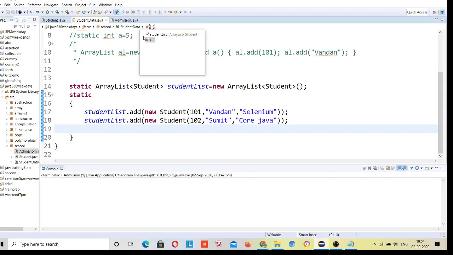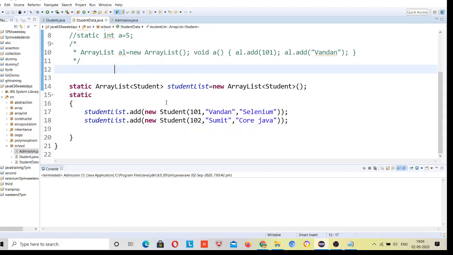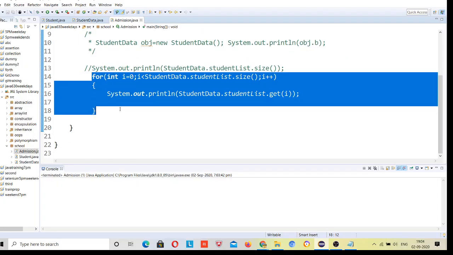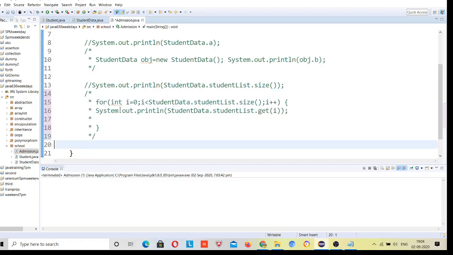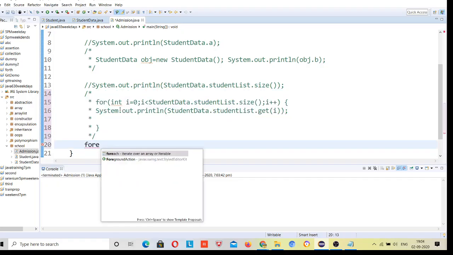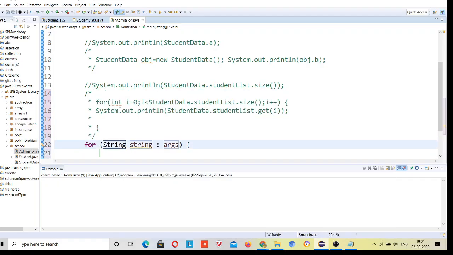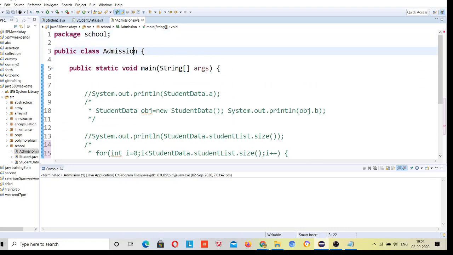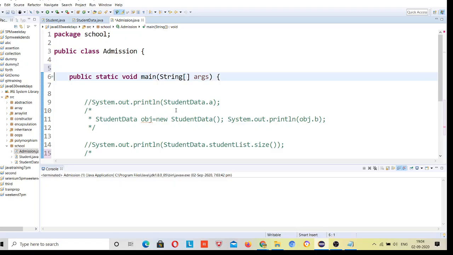Okay, use run from for each. You have to pass student. Try to do this, right? Just because this is student type, and this array list I need to define first, because you can see this array.